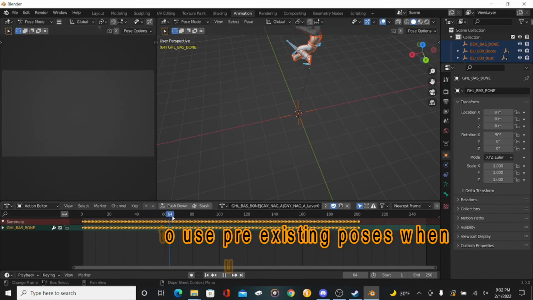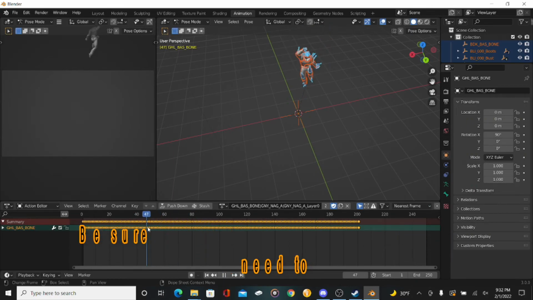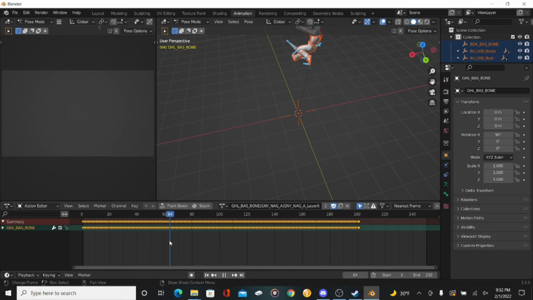But yeah, it's small stuff like that that I figured out that made it easier for me to make these animations on the newer, current versions of Blender. And I thought it would be really helpful for you guys to learn how to animate on the latest version of Blender without having to rely on older versions.